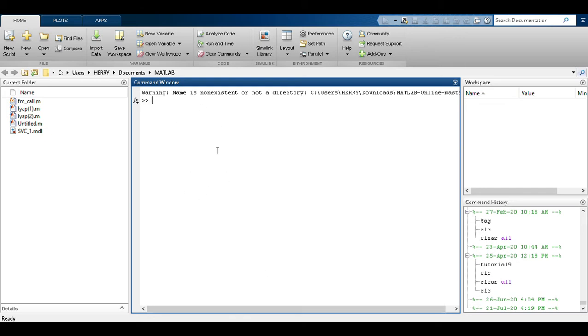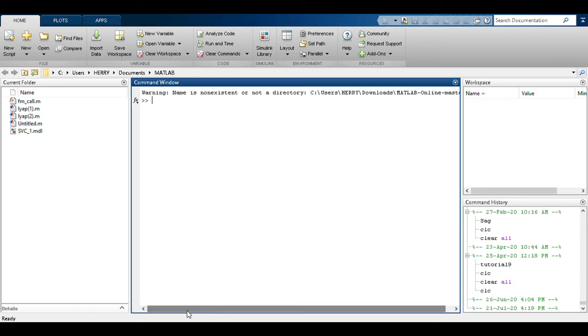Whatever operation I am doing in the command window, or in a simulation or programming, will be stored in the command history, showing the commands I have used previously. You can see on 25th April 20 I have used tutorial 9, CLC, clear all, all these things.